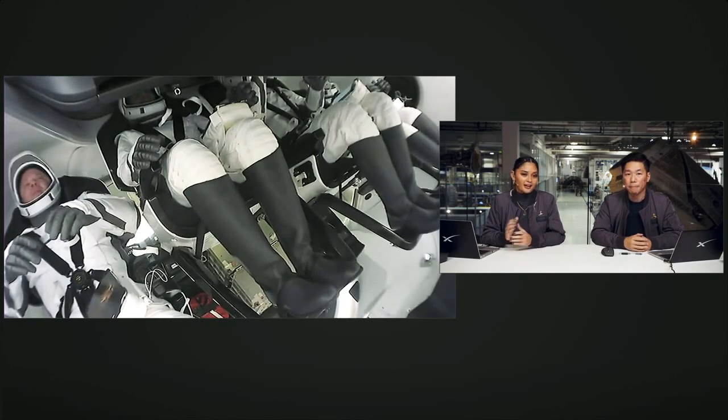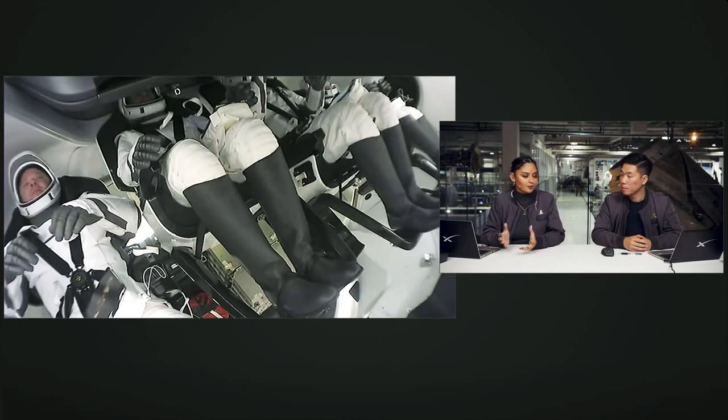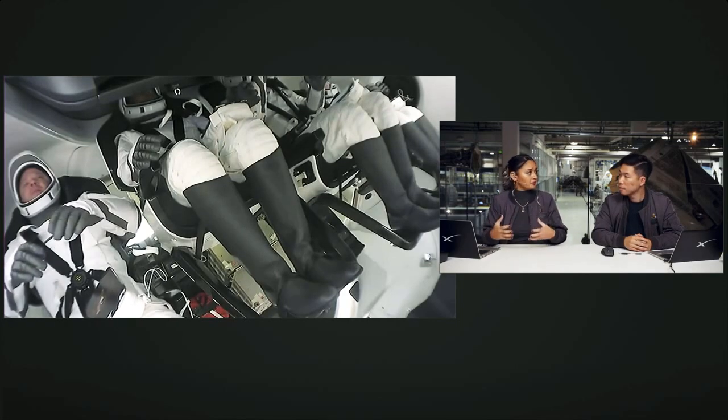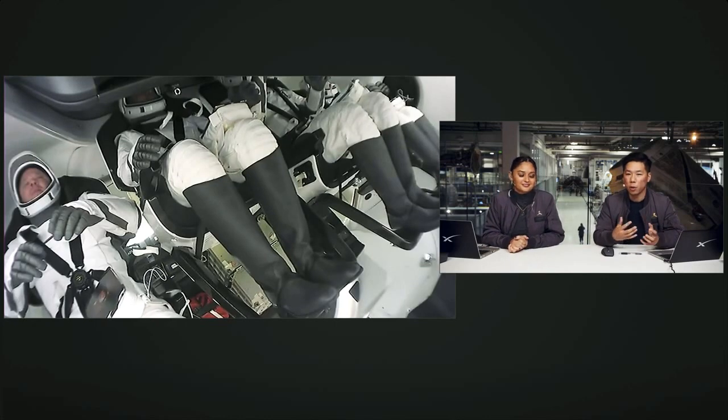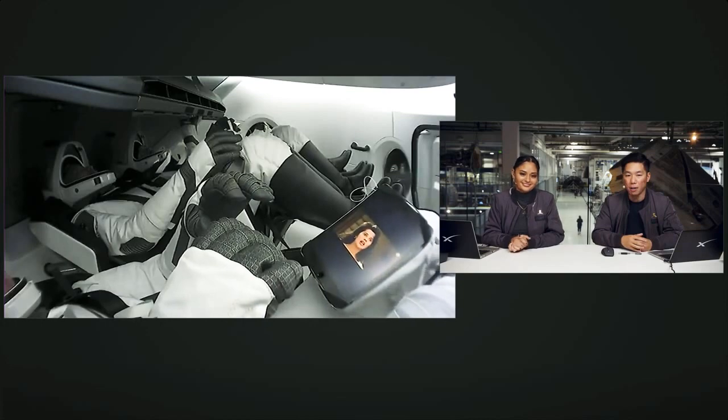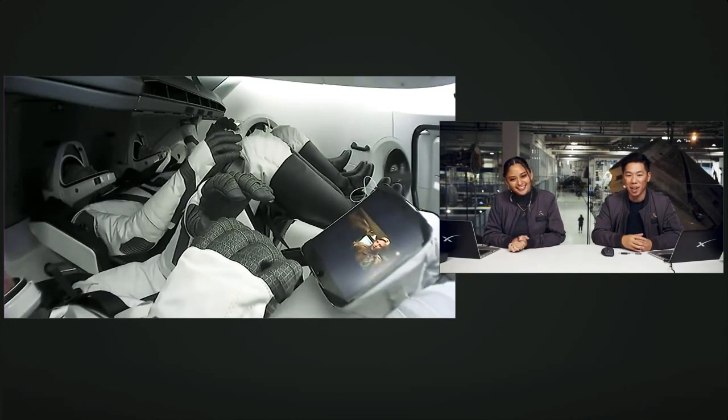and they'll be tracking the Dragon vehicle all the way down to splashdown today. Yeah, and Dragon is flying autonomously, but they will be following along with each dynamic event that happens, so that they are aware of every event, as they're going to feel a lot of the things that are happening. We're expecting them to experience about 3 to 5 Gs on re-entry, and I believe,